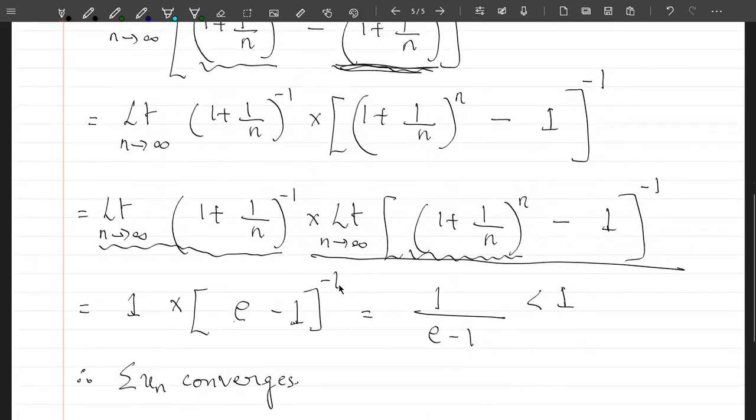So please note this step here while substituting the limit for this particular term. When you put the limit, you will have to use limit of f of x plus or minus g of x, which will be equal to limit f of x plus or minus limit g of x. So solve this particular limit first. It will take the value e minus the value of this particular limit, which is equal to 1. So I get the value of this limit over here as 1 by (e minus 1), which is less than 1. Therefore, this is the conclusion.